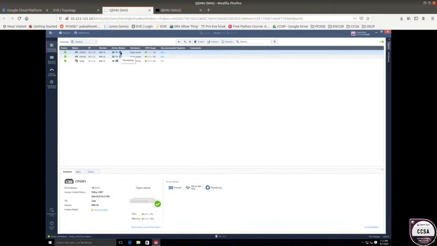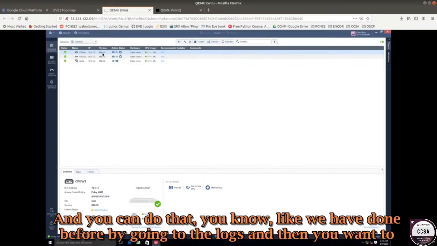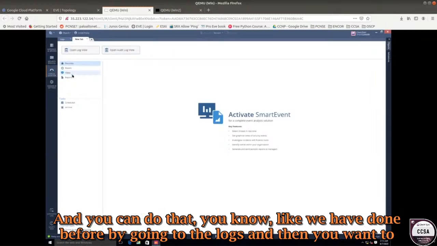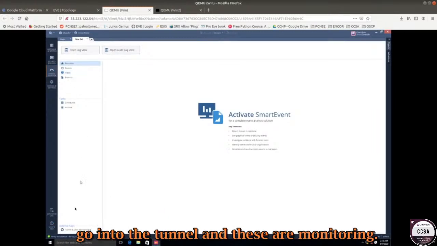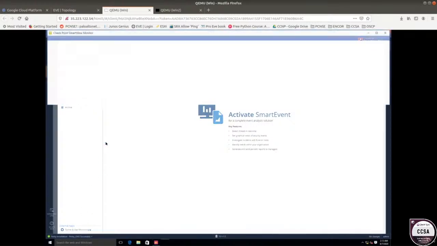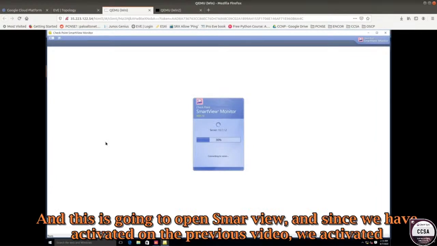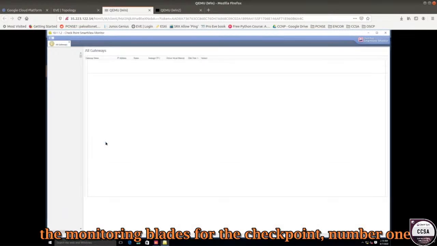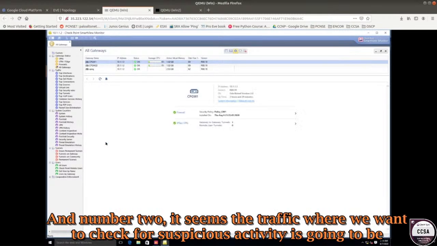monitoring blades, and you can do that, like we have done before, by going to the logs, and then you want to go into the tunnel and user monitoring. And this is going to open Smart View. And since in the previous video we activated the monitoring blades for checkpoint number 1 and checkpoint number 2, and since the traffic where we want to check for suspicious activity is going to be on